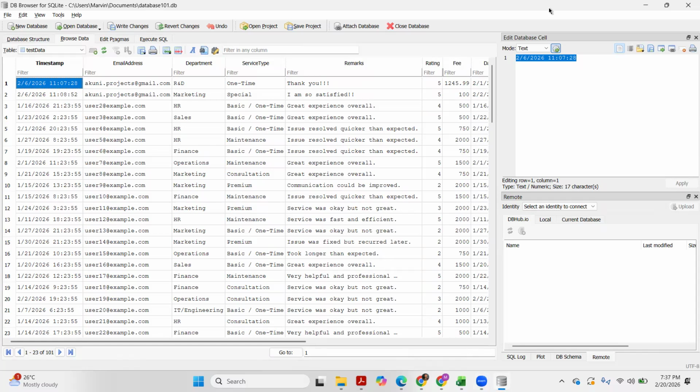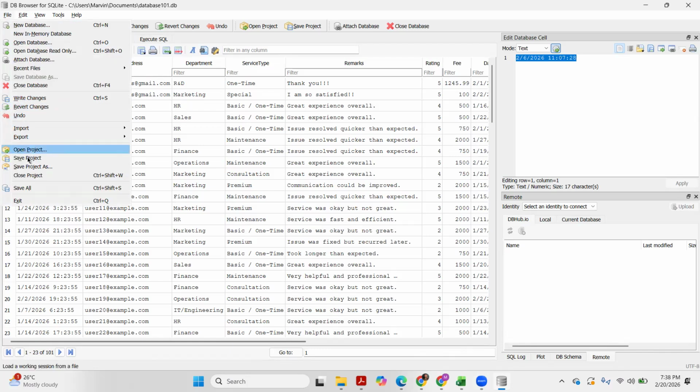Okay, so for example, if this is your existing data set in your database and you want to export it, again, you just go to file and then export. What we want right now is a CSV file.